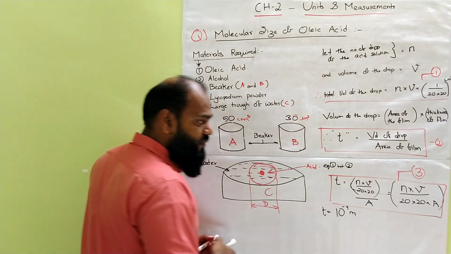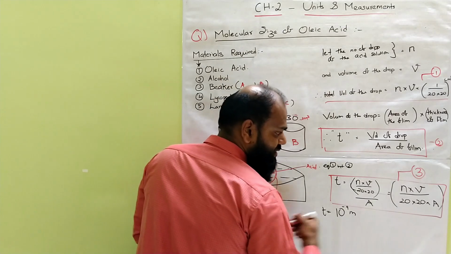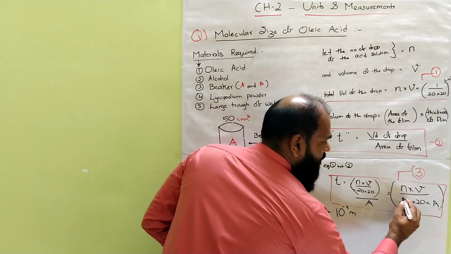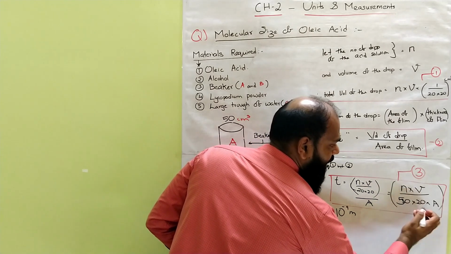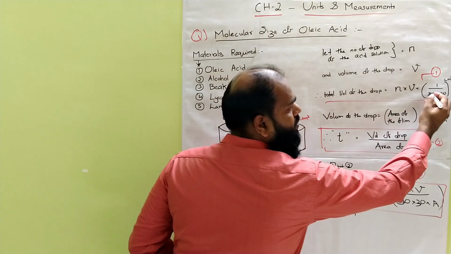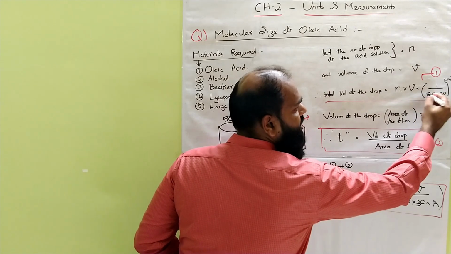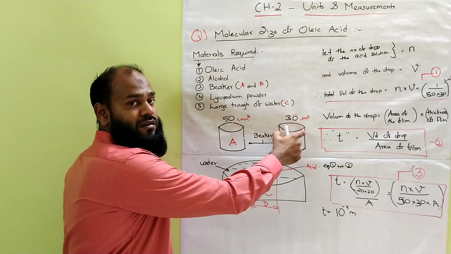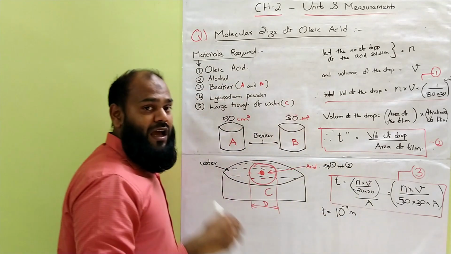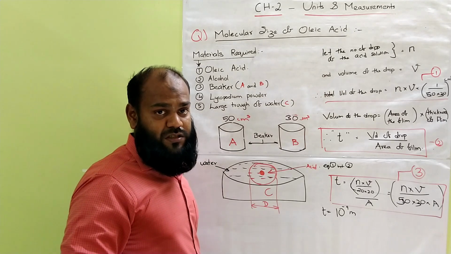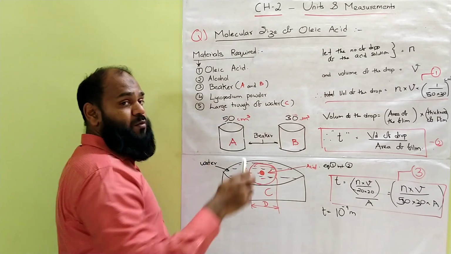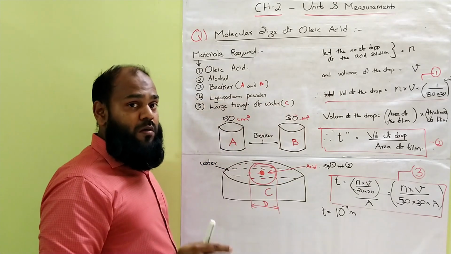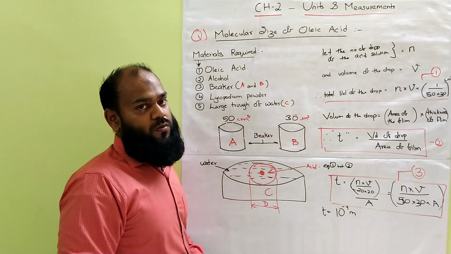That's all. So instead of 20 and 20, this new formula is going to be 50 and 30. I am going to change it here too. This is going to be 50 and 30. Alright. Based on the volume given here, I am going to change the formulas accordingly. And finally, this is how you are going to solve in the examination as well. So do not panic. In the textbook, it is given as 20. Therefore, I have taught this method using 20 centimeter cube. But if you prefer some other volume, you can do so.